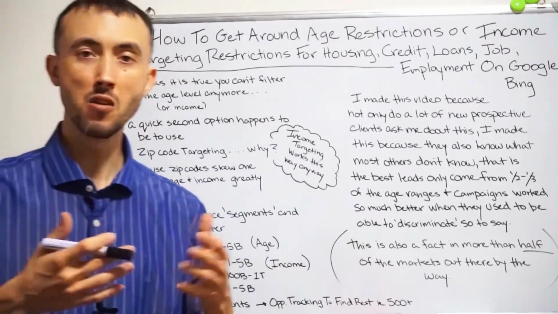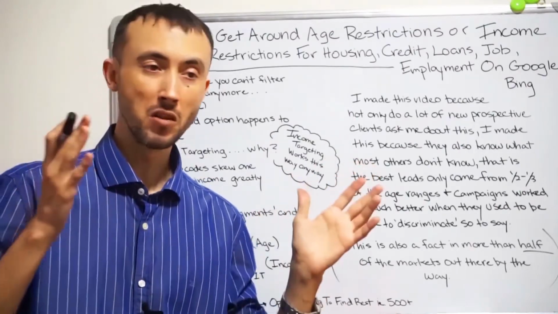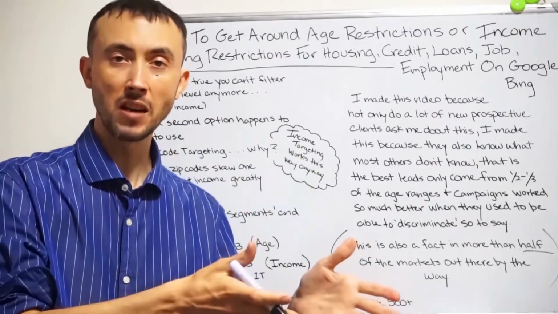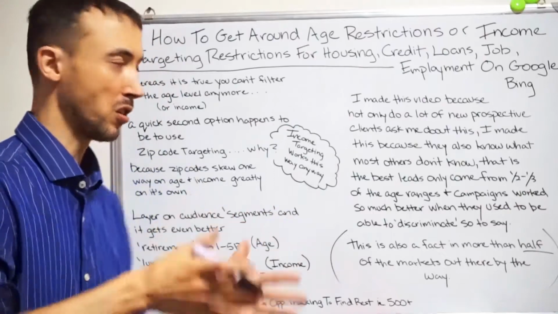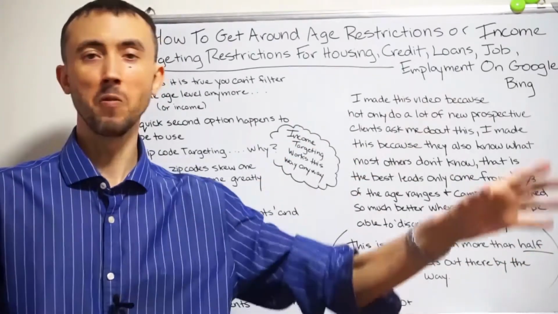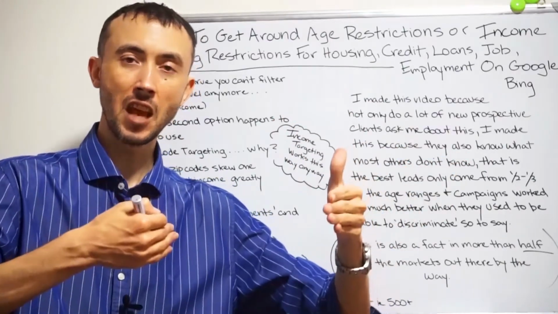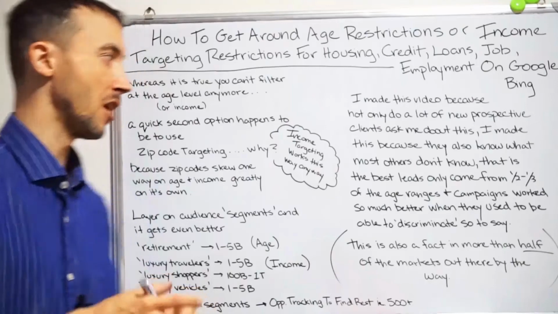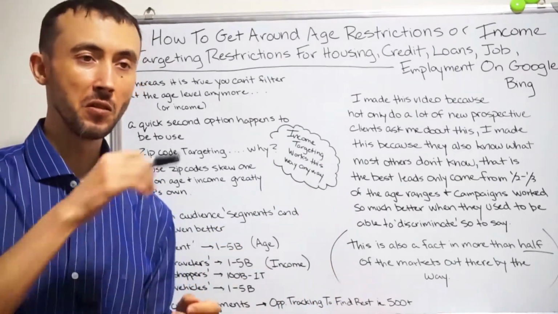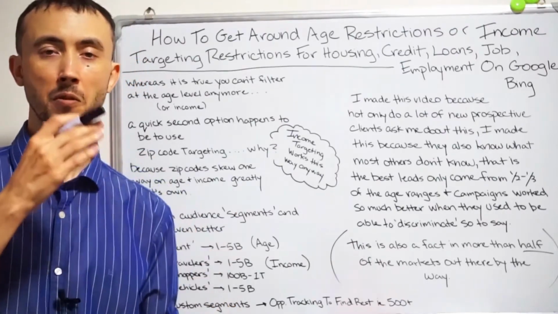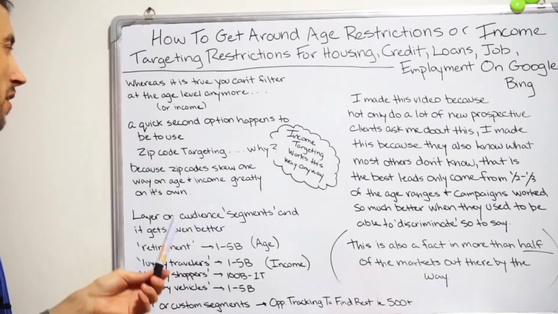You can get some of it, maybe 20 to 30% out there, where you could publicly find it. If you went back to your list of customers to find out what the average income ranges of your customers are, you could target them. If you go to another company, they're not going to find the entire list, but they might be able to find 10 to 30%, and you can use that as a sample of the whole list to know where you need to go. So Google's doing this anyway. You just have to manually filter out the zip codes that don't have the age ranges or income demographic ranges that you want. So pretty simple there.